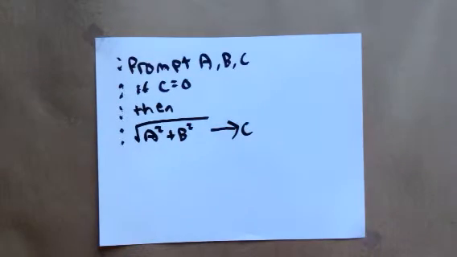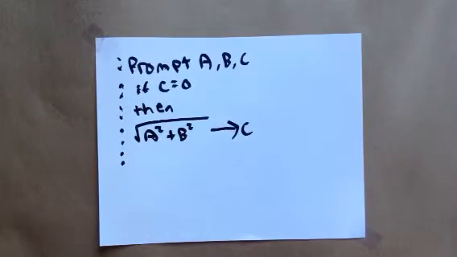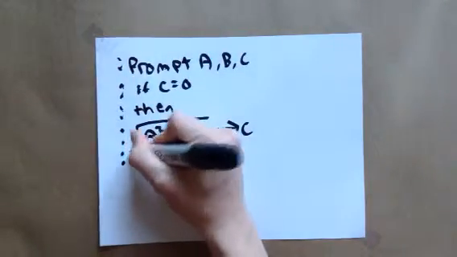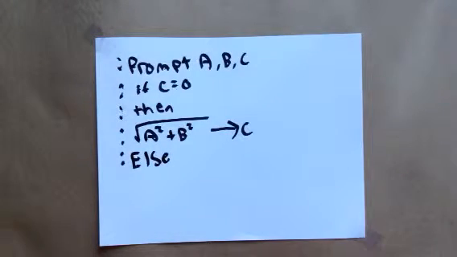So if you remember the store that's in this program, the square root of A squared plus B squared is C. Okay, so that's the first part of this code, this program. If you remember, that's very similar to last time. So our next line of code is going to be the word else, which these commands, the if, then, else, those can be found in the logic commands section of the program calculator. So else